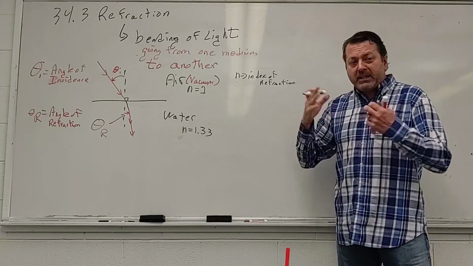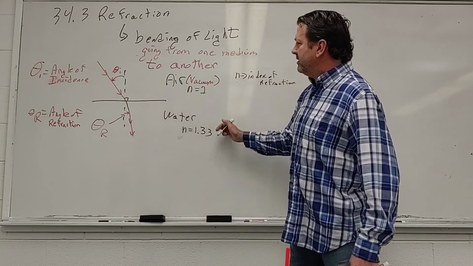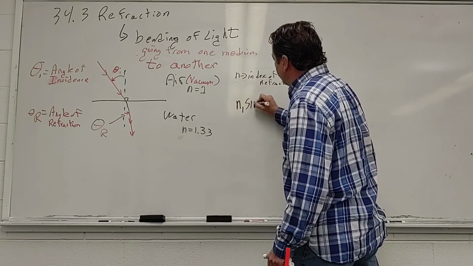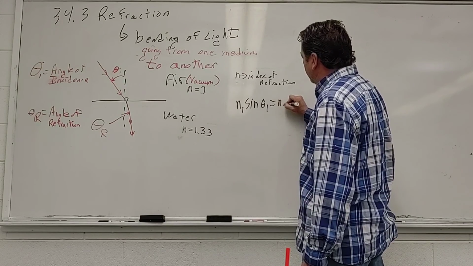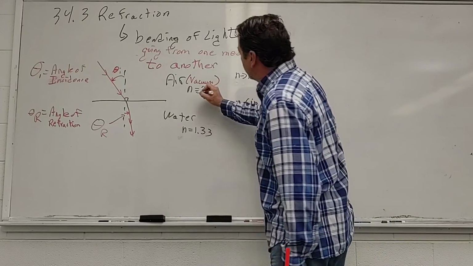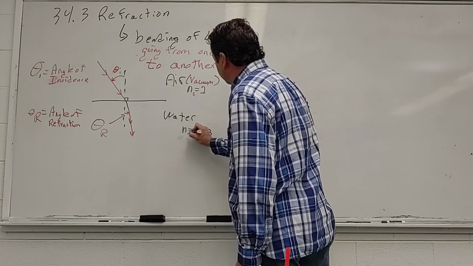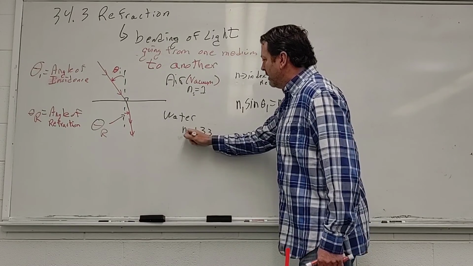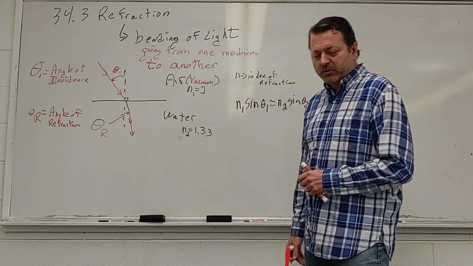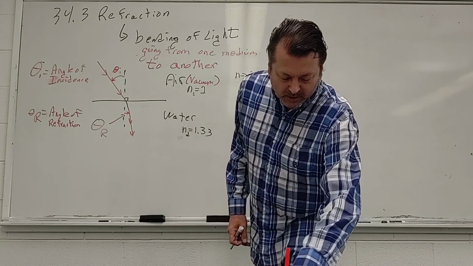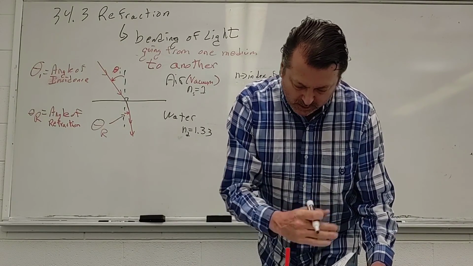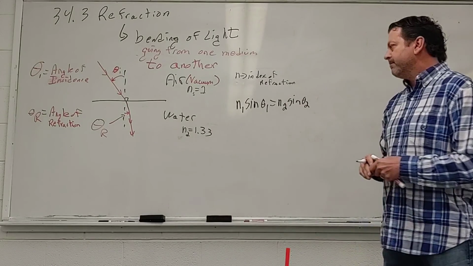And if we use ratios for these angles and for these indices, and I'll show you where this comes from, you can show that n1 sine theta 1 equals n2 sine theta 2. We'll call this 1 in this case, and this 2. One's incidence, one's refraction. It doesn't really matter. There's some kind of principle of reversibility I'm going to get to pretty quickly. The book talks about it in this section, but I'm going to talk about it here in a minute.